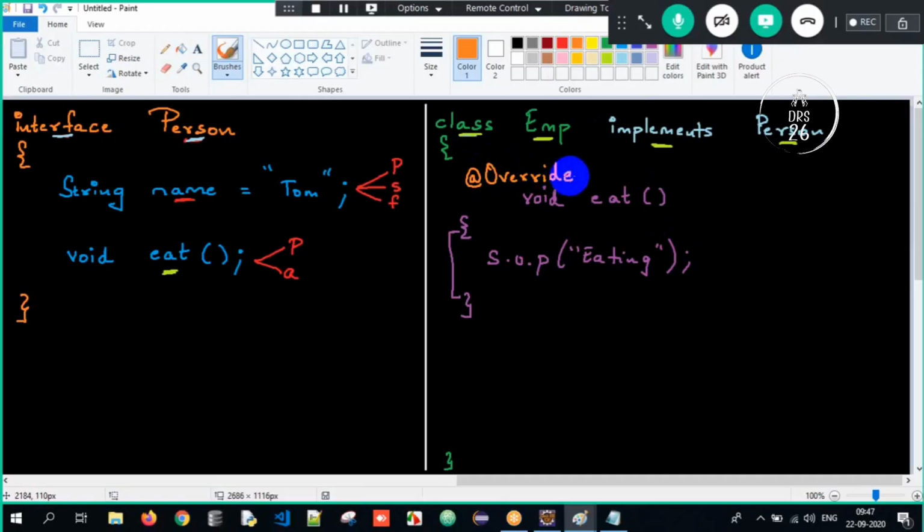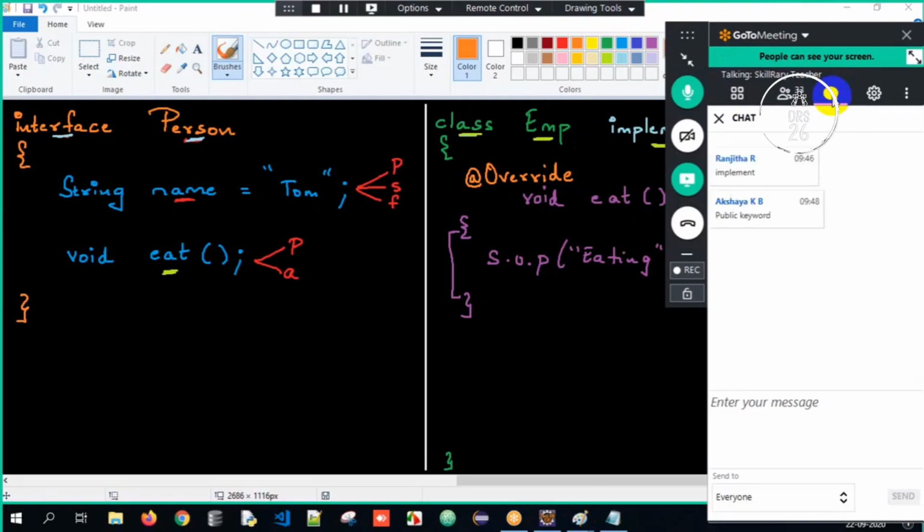But there's one small missing part here. What is that missing part? Is it valid? No, it's not valid. There's some small problem here. What is that problem? Can you think and tell me? You might say, sir, it's absolutely a valid program, but there's one small error in my program. Can you think and tell me what is that error? Think and tell me, guys. I'll wait for it.